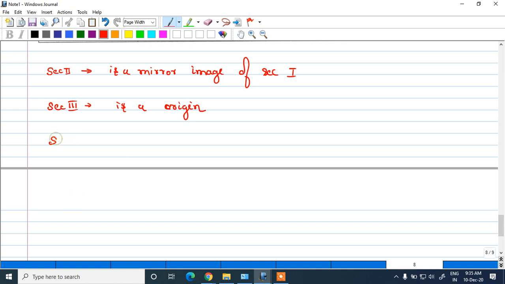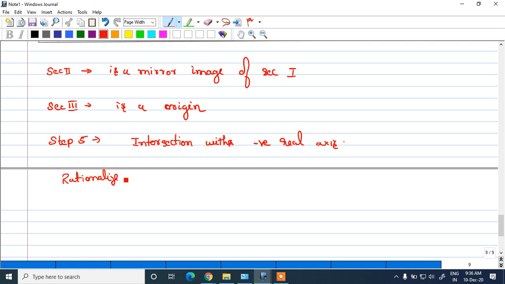So step 5. So step 5 is to identify the point Q. That is the intersection with the negative real axis. So for that we need to